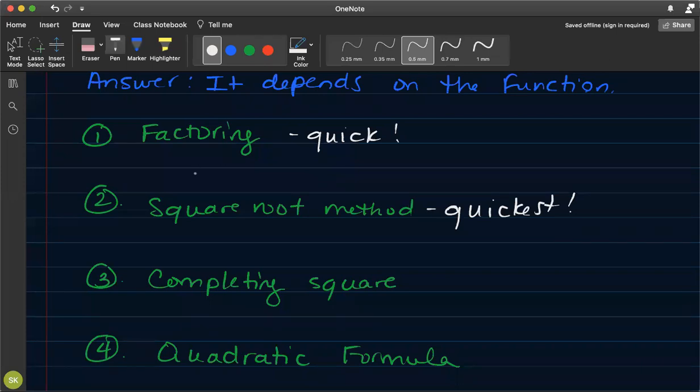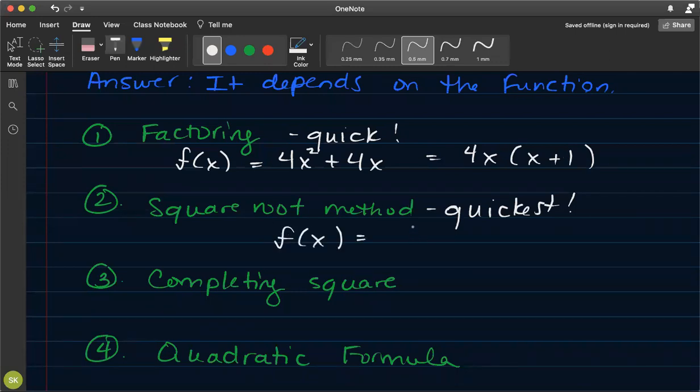But the problem is sometimes they don't work if your function is not easily factored or where you can't use the square root method. So if you had something like, let's say, f of x is 4x squared plus 4x. So something like that. This is really easy to factor. The greatest common factor is a 4x and x plus 1. Then you can see right there what the solutions are. You say, bam, x is 0, x is -1. We're done. And the square root method works well if we have something like we've seen before, like x minus 3 squared minus 12. We could just set it equal to 0, move the 12 over, take the square root,